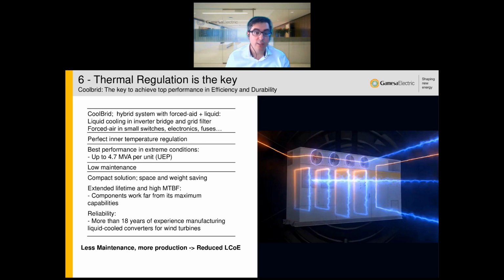Apart from that, we are using this liquid cooling for the IGBTs and the filter coils, and these two elements account for just over 75% of the thermal losses inside of a photovoltaic or a storage power converter. In this way, practically all the heat that is generated inside the equipment is evacuated with the most efficient cooling system in the market. But for the rest of the parts, smaller and less demanding in heat dissipation, such as switches, circuit breakers, PCBs, fuses,